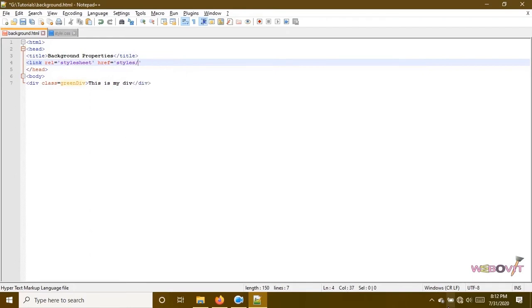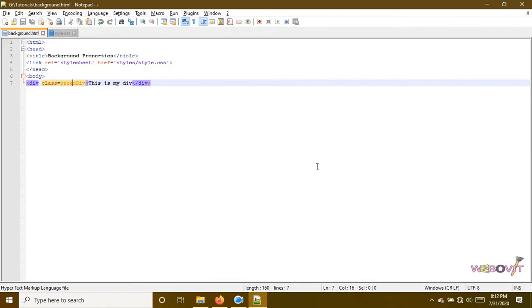The complete path needs to be linked. Style.css. Now this one is linked to an external style sheet file, and the styles will come from there. We have already discussed in a previous tutorial what's the benefit of implementing style from the external style sheet.